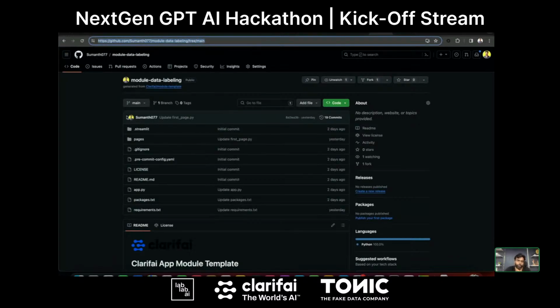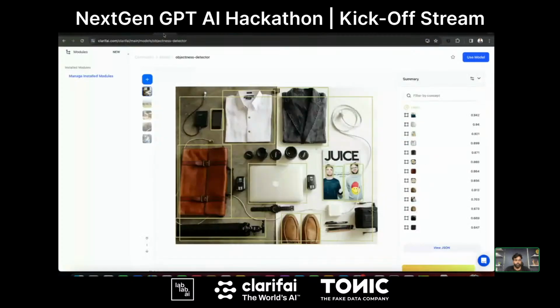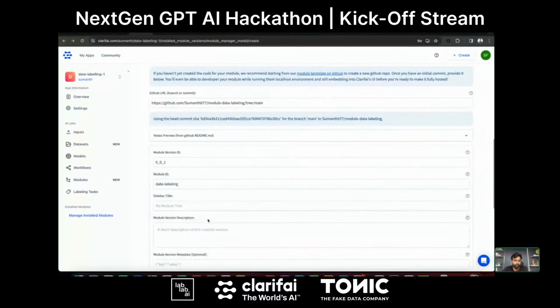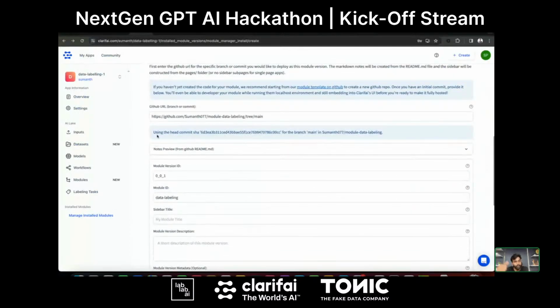Just copy that. Or if you have your commit URL, from your commits, you can pass that as well. But currently I'm passing my branch URL. I pushed my code to the remote repository and am copying my branch URL. I'm passing it here in the GitHub URL link. So you can see I passed my GitHub branch URL.